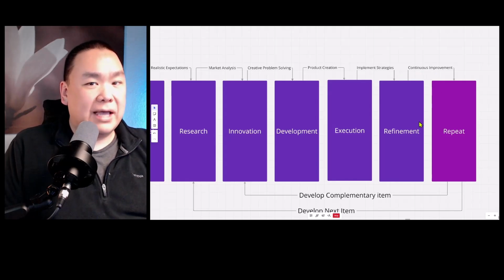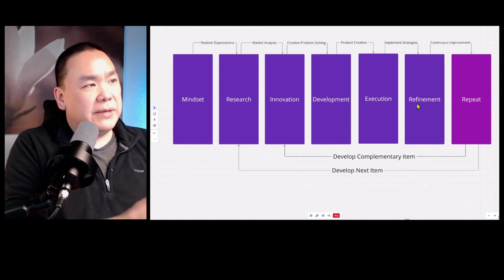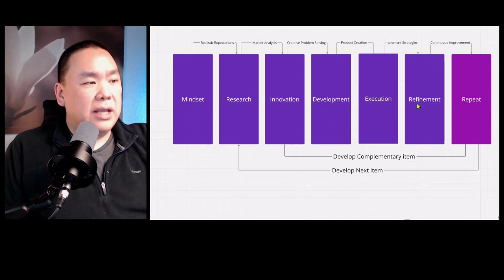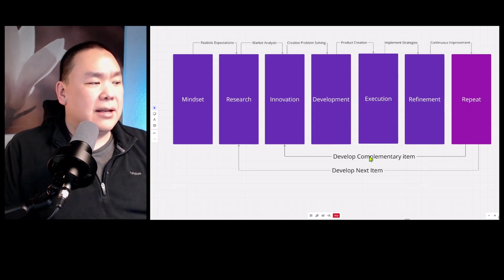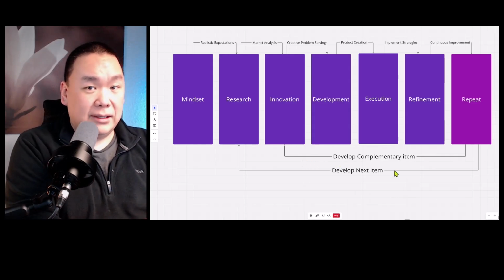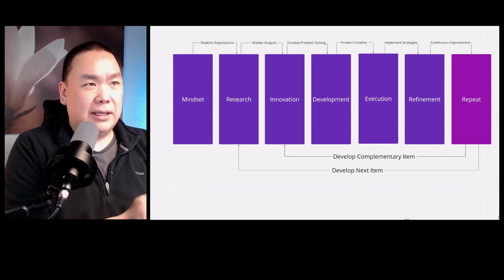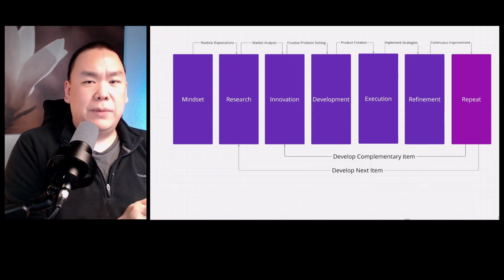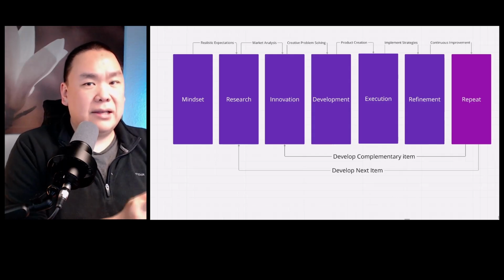This is where we're going to have continuous improvement. So when you think about what your business is now, and then you're into your refinement process, you can now go back from the start and then repeat again from either the innovation area where we start to develop a complementary item to the item that we're already selling. That way we really build a brand following. When you do something like that and you offer a really excellent product, it stays with people. People remember your name. And the next item that you do and the next item that you do, they start to remember,